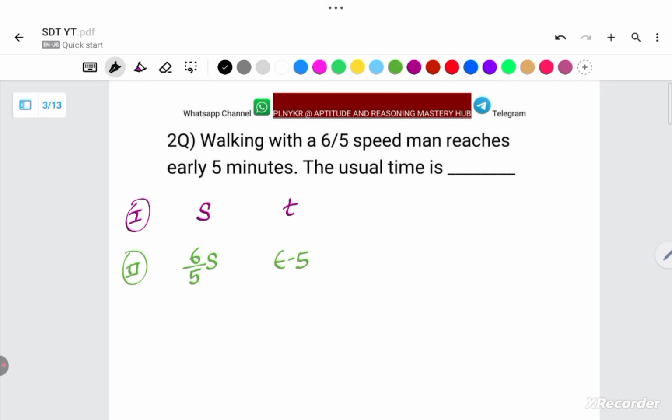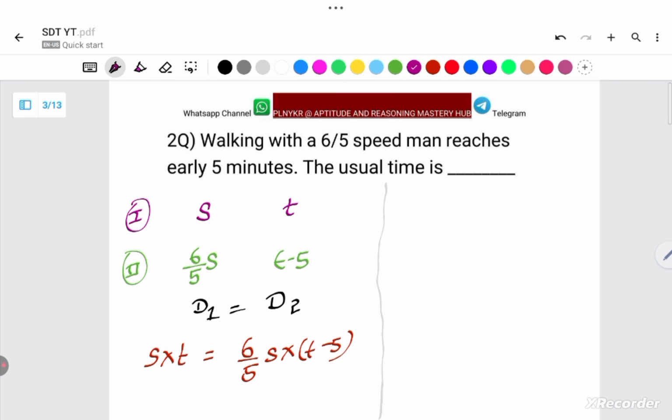We know that in both cases the distance is the same, that is d1 equal to d2. Whereas d is the product of speed and time. So in the first case, the speed is s and the time is t. In the second case, 6 by 5 s into t minus 5. By simplifying, we'll get the time. Or else, the fastest method is,